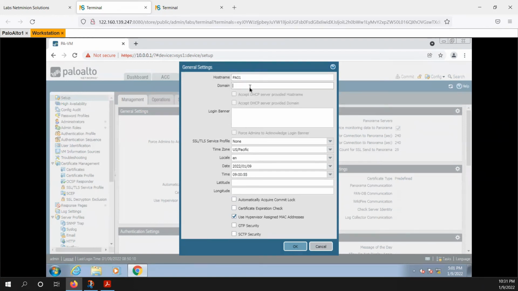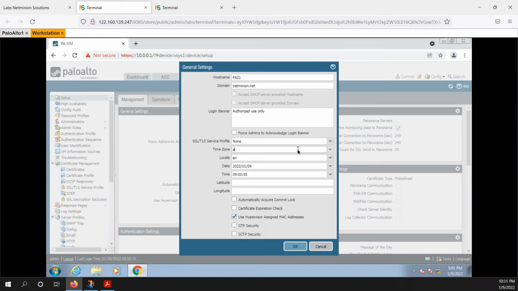Domain, netminion.net. Login banner you can define. Authorized use only. And further you can go and define the time zone. So for example, I just want to define India time.